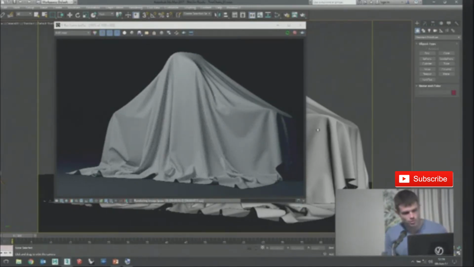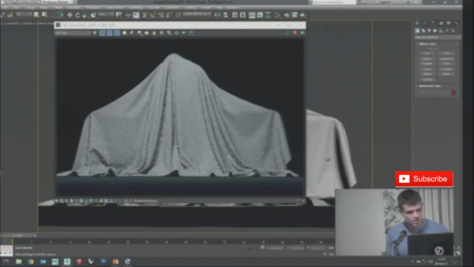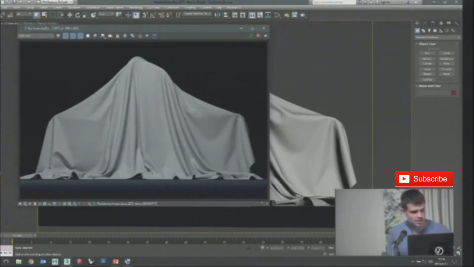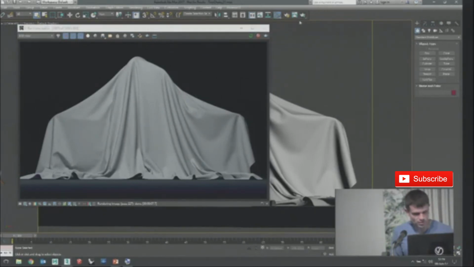The image will update automatically. What I want to point out is when I do so, the light cache is being calculated first, and then the actual production rendering process starts. So the thing that you see here is not V-Ray RT. That's the production engine rendering my image. So let's improve this image a little bit, and to give you a feel of what it's like to use that new engine, I'll open the material editor,